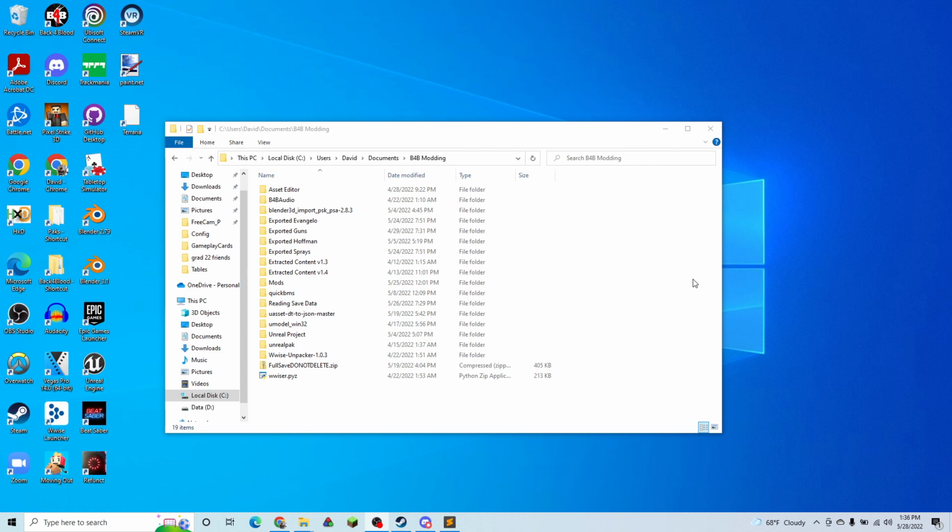Today is the long-awaited tutorial on how to change models in Back 4 Blood. Changing models in Back 4 Blood is currently extremely difficult because of how the Unreal Engine that Turtle Rock uses packs up these models. There's a bunch of extra data that is very difficult to export in the same way as the textures that I've done previously. So this is my custom way of editing models, and I plan to develop it further and make more tutorials on that in the future, but I wanted to get this out as soon as possible